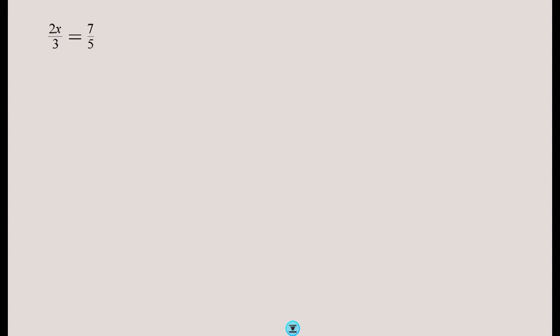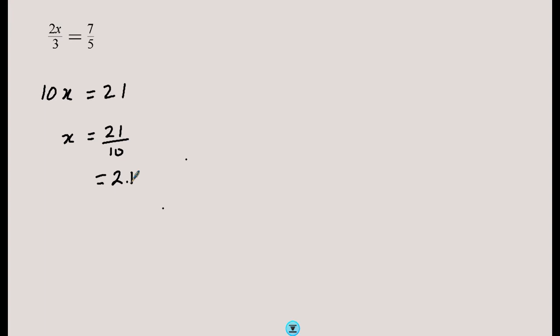If you want to solve an equation with two fractions, one on either side of the equal sign, you usually do it by cross multiplication. And what you do is you usually write this, but I would appreciate not seeing this. You want to cross multiply, that gives you 10x equals 21, and then when you divide both sides by 10, it gives you x equals 21 over 10. You can leave it in this form, or you can write it as 2.1. That's absolutely fine. Now the thing is, what is cross multiplication?